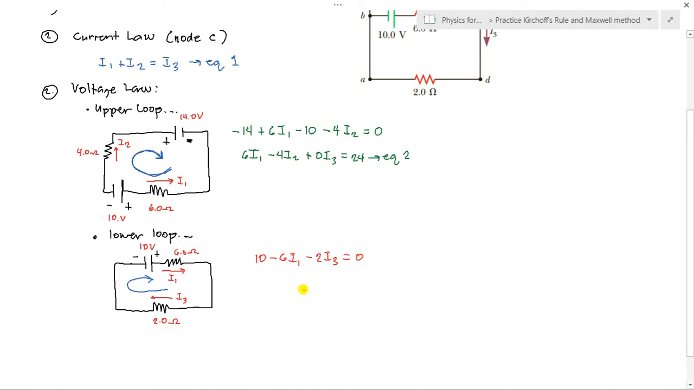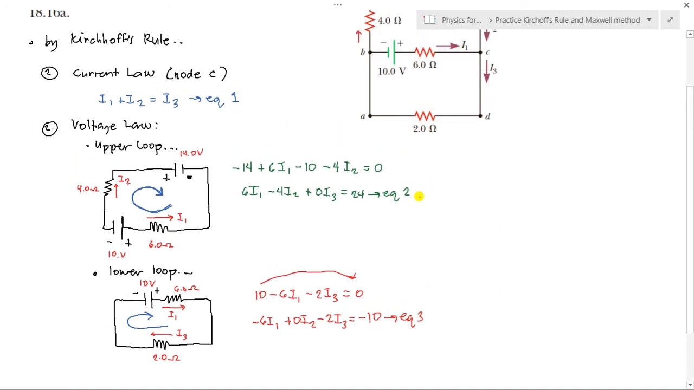Rearranging, we start with negative 6 I1 followed by 0 I2, there is an I2. Then next minus 2 I3. Now we transpose the 10 to the other side. So we have negative 10. This would serve as our third equation, equation 3. And here, we can derive our